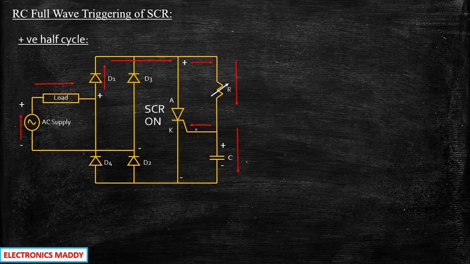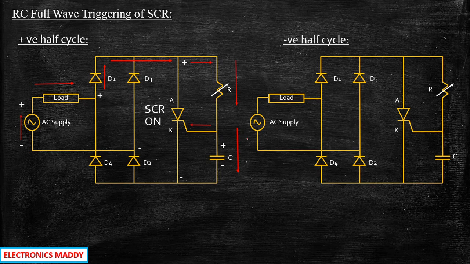Now we need to see what happens during the negative half cycle. During the negative half cycle, the supply is negative and positive over here. Consequently, this negative voltage will appear at this point, isn't it? And positive voltage will appear at this point. The reason is very simple: negative is connected to this point and the same connection is given to D4. So negative is available at this point and positive is connected to this point. That means this point and this point are basically the same, isn't it? So the positive voltage will appear at this point.